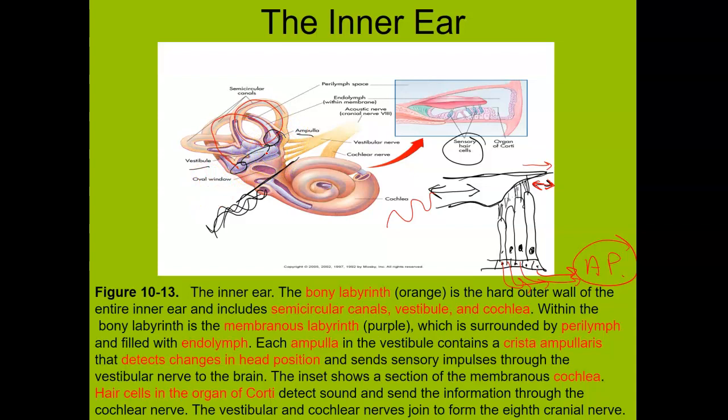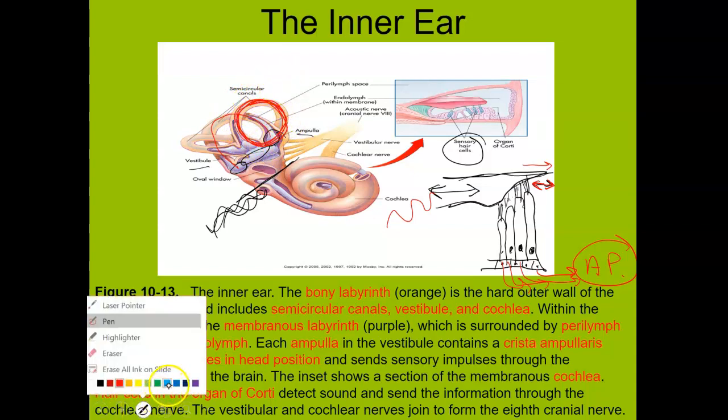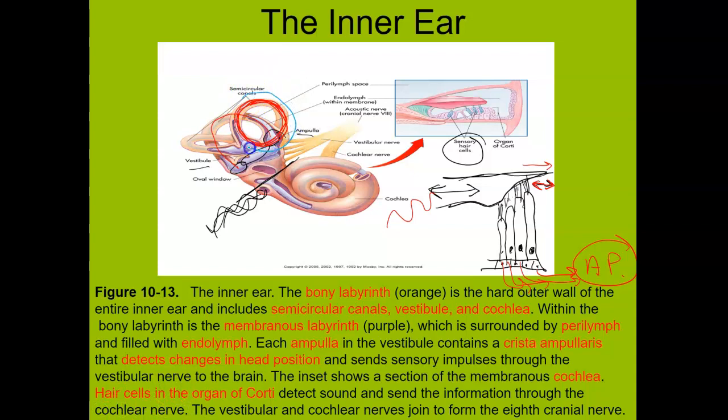When that happens, it tells our brain about rotational movement. In other words, is the fluid moving counterclockwise or clockwise? Depending on the direction of movement, the hair cells, which look a whole lot like hair cells in the cochlea,